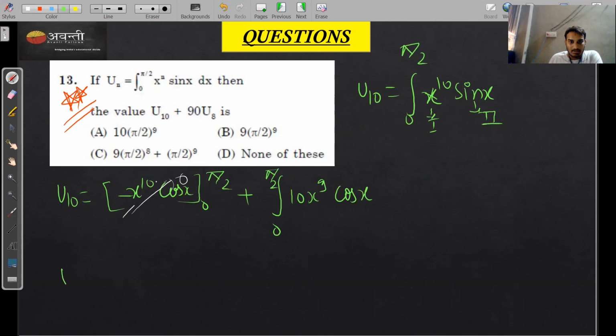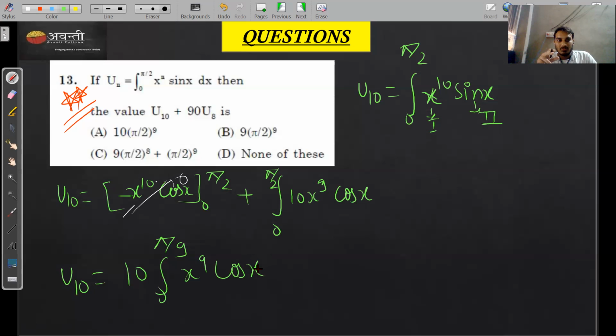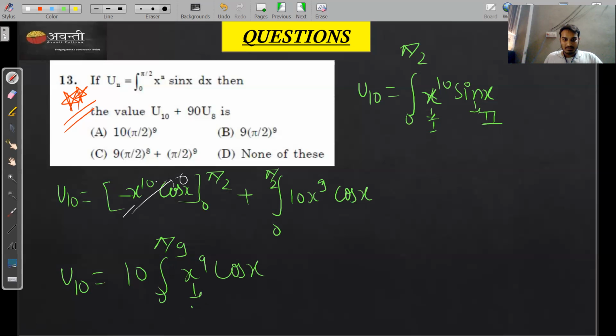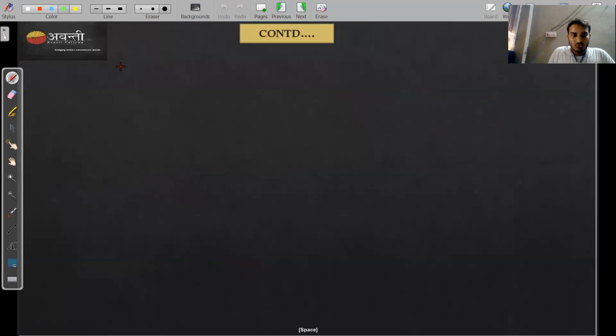So what are you left with? You started with u10, now you are left with u10 equal to 10 times the integration from 0 to pi by 2 of x raised to the power 9 cos x, right? See, if it were given in this question that u10 plus something in u9, because this integration is now u9, right? But we don't need u9, we need u8 now, right? So further start solving it. So again, first function, second function, right? Take this x raised to the power 9 as the first function, and this cos x as the second function, right? So u10 will become